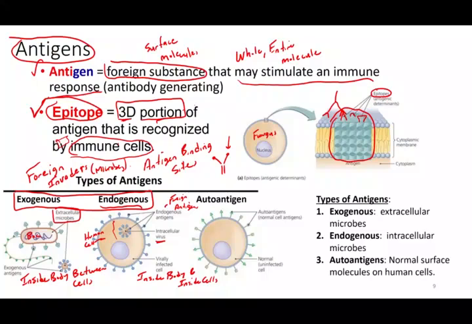And so the last category of antigen is what we call an autoantigen. And these are important because these are the normal molecules that are on our own healthy human cells. And so if you think about this, this is really the set of molecules that our immune system is going to compare everything to. So if these are normal, we want our immune cells to not attack these normal autoantigens,